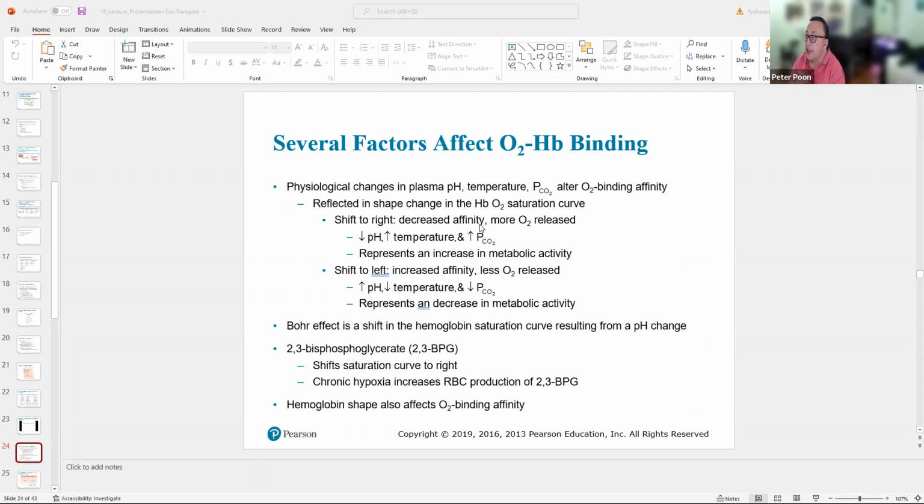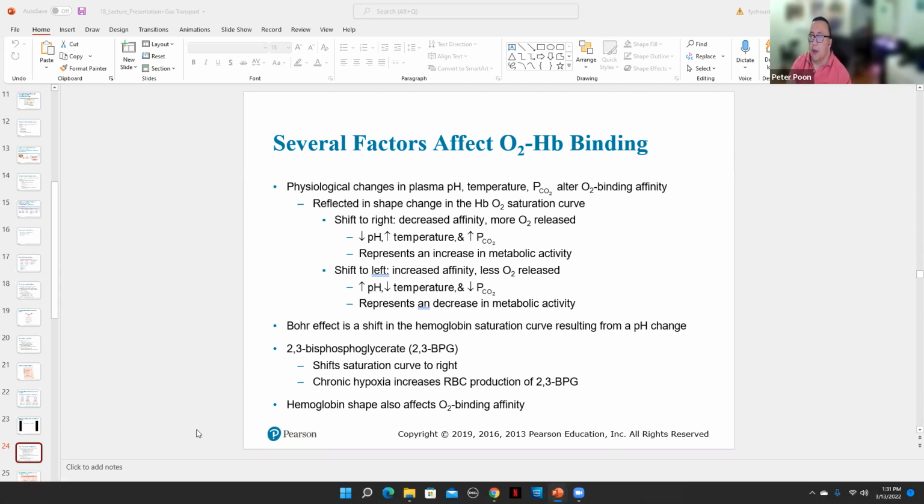Okay. When you exercise, you also increase CO2 levels, right? CO2 levels lead to a decrease in O2 affinity. More oxygen goes to your tissues. And the same thing, a shift to the left, is the exact opposite, right? Okay, so the Bohr effect is a shift in the hemoglobin saturation curve resulting from a pH